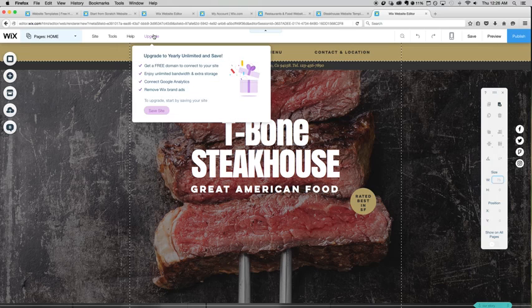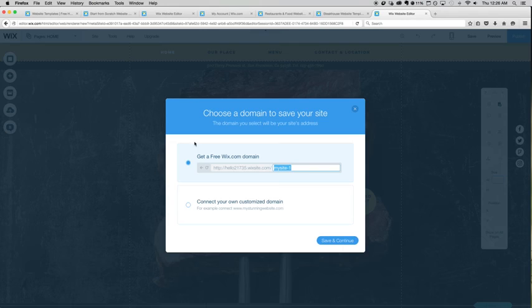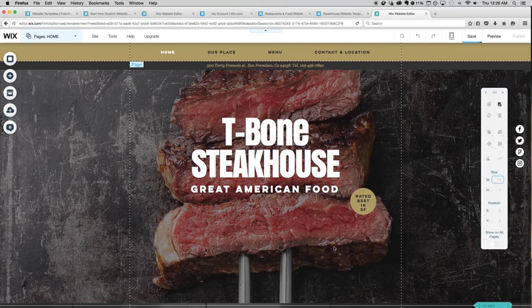One thing to note is that when you go to save the website, so let's just click save, you'll have this link with a lot of different text here that's quite hard for visitors to understand. So you most likely do want to get your own customized domain. So in this case, it would be tbonesteakhouse.com. You do have to pay money for that, but